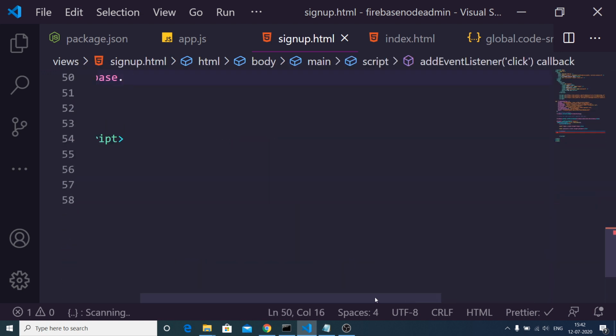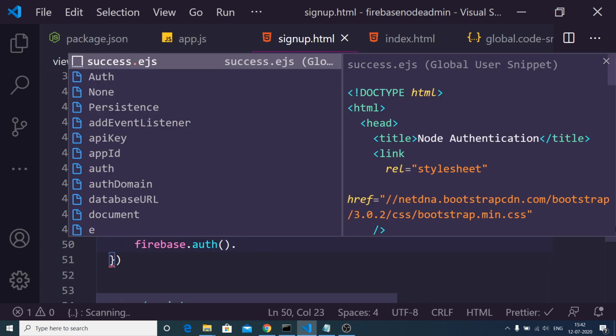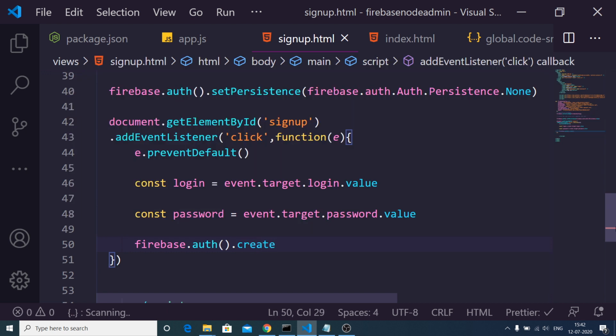After getting the login and the password, we will invoke a method which is there inside the Firebase SDK, which is firebase.auth, and inside this we have createUserWithEmailAndPassword.